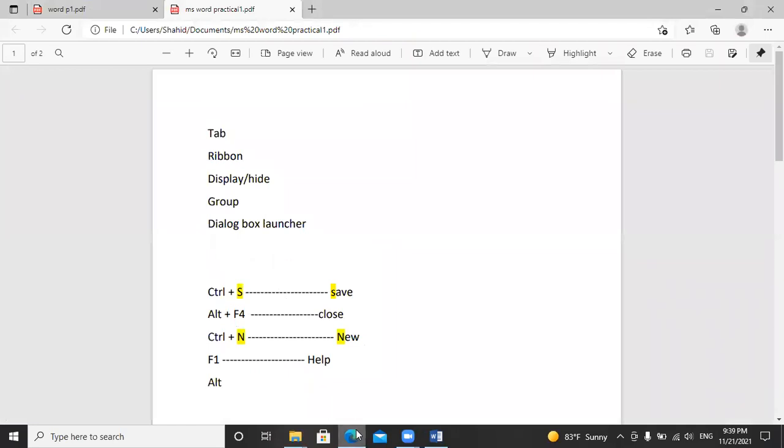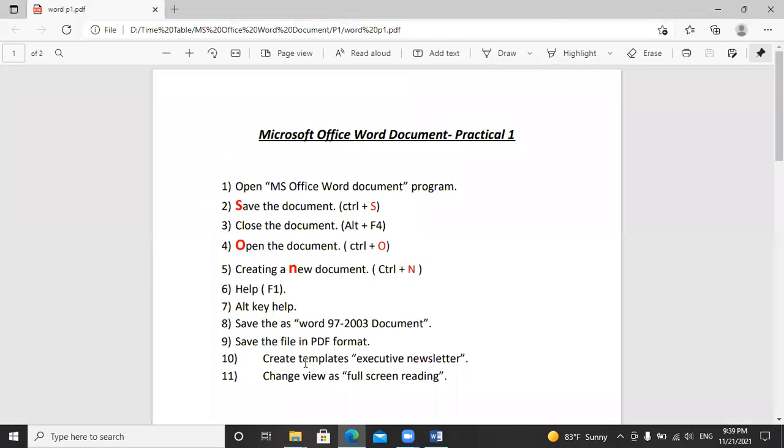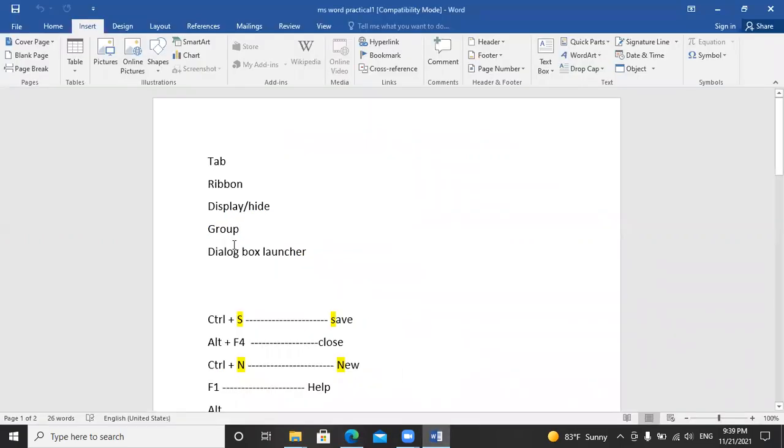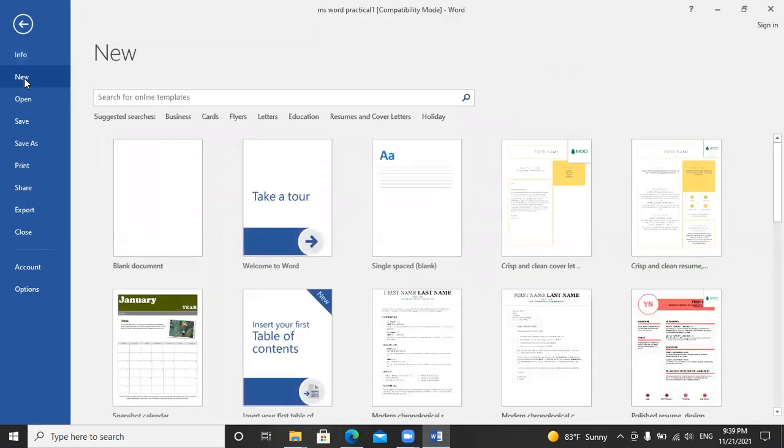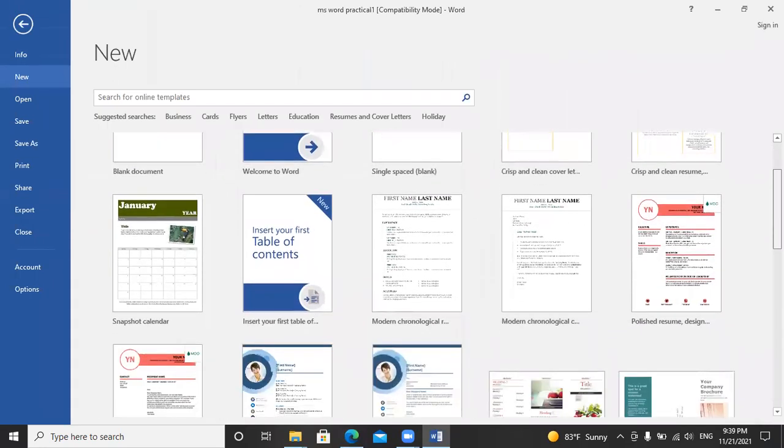Okay, after that I have to create a template. There are different templates I can create. So how can I create it? Go to File, and here we have the option New, and here you can see these are different templates.